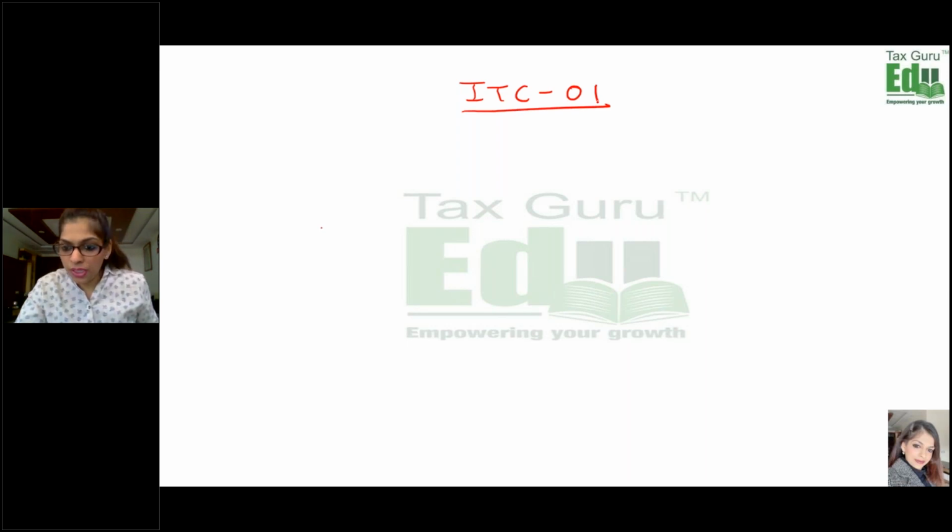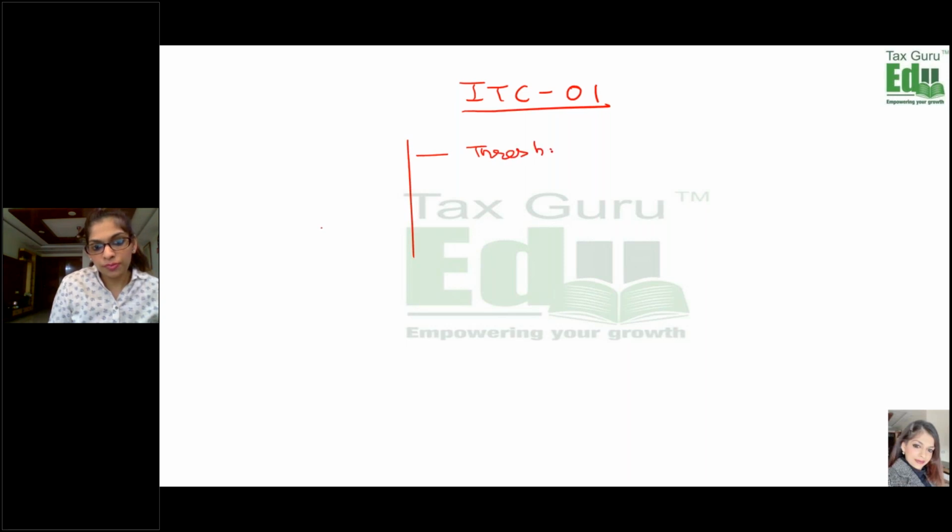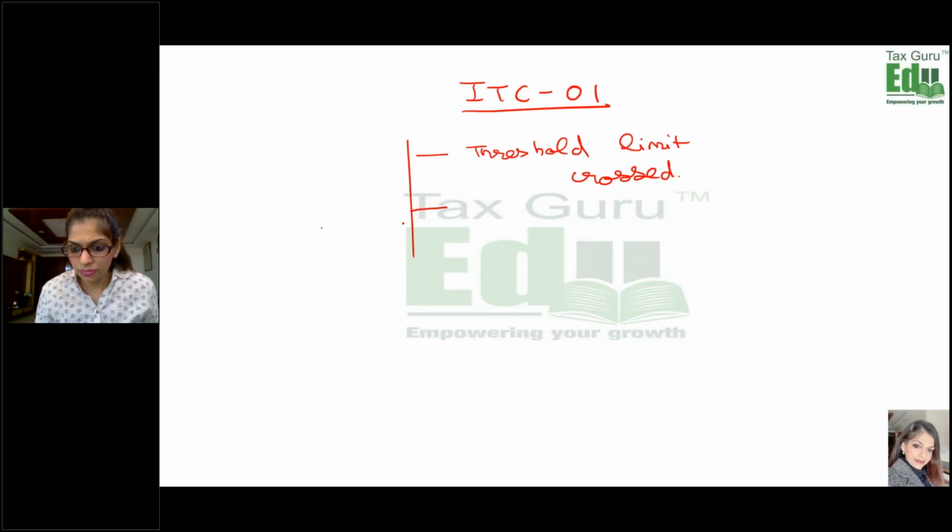So the first input is threshold limits, turnover limit crossed, interstate sale. Okay, I agree. You are telling about threshold limit crossed. And Dhanashri, you are saying casual dealer. So for a casual dealer, we have a casual dealer registration. ITC form basically is there